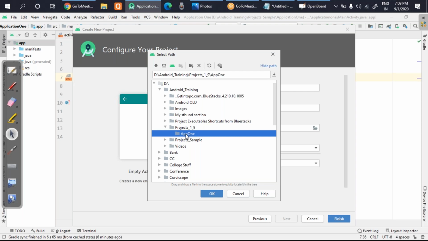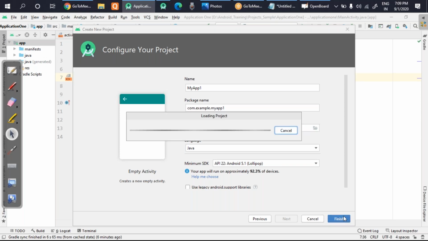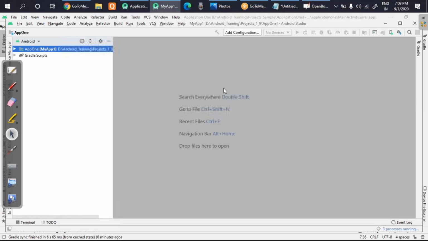So please try to make this a habit. I'll press OK. You can see the location is set, and I'll directly click the Finish button. As soon as I click Finish, the loading of the project will start, and in just a few seconds or minutes, the new project will open up.